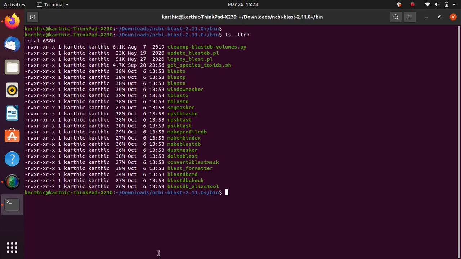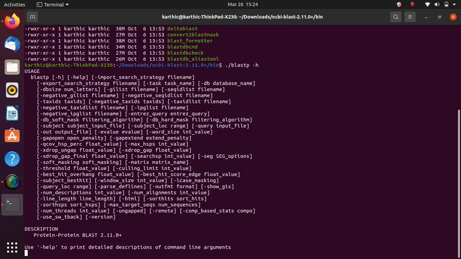You could see all the flavors of BLAST are available here: BLASTX, BLASTP, BLASTN, TBLASTN, RPS-BLAST, etc. Basically you don't have to install anything, it's already in a binary format, so you can just start running. You just have to do dot slash, that means the current directory,